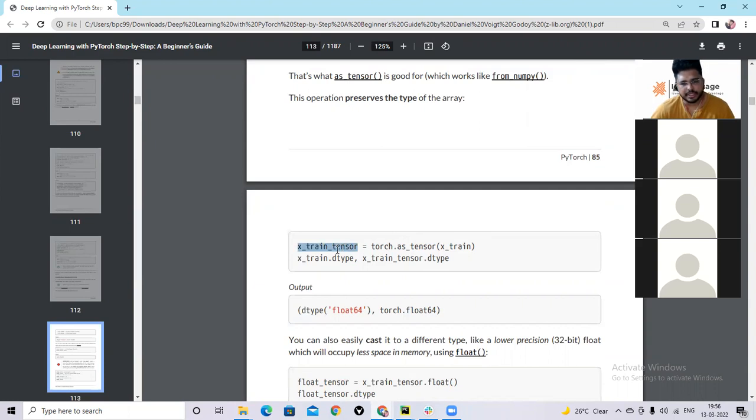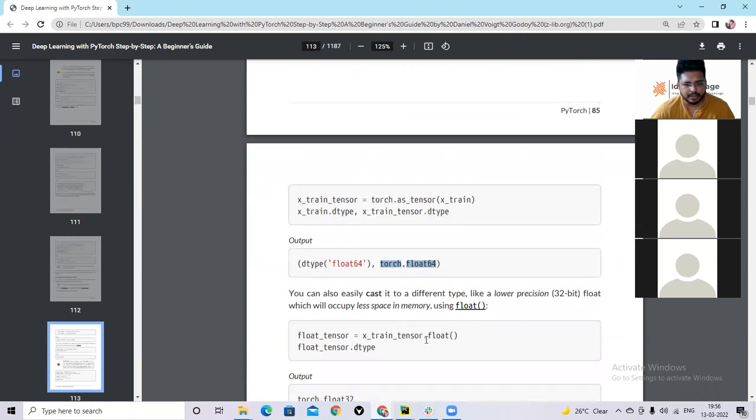Its data type will be a PyTorch tensor, and as you see here, it is torch float64 by default. If you want to save memory space, you can call .float. The precision will reduce from 64 bits to 32 bits, so there will be some memory saving.